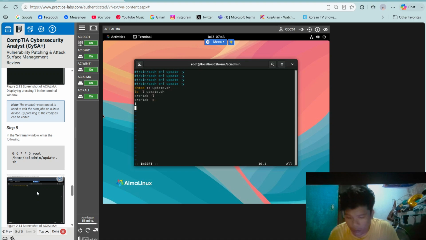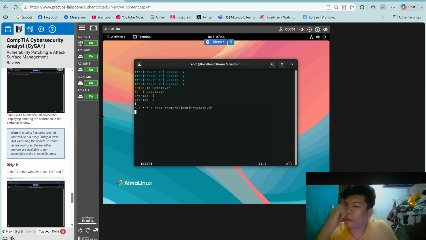In the terminal window, enter the following: 0 6 * * 5 root /home/ACIadmin/update.sh.